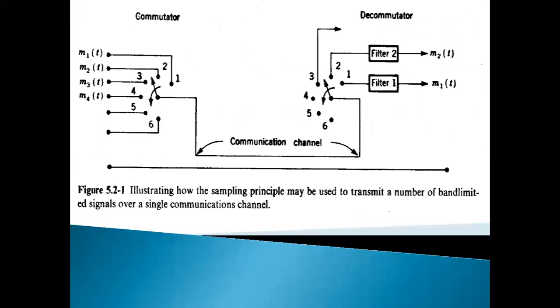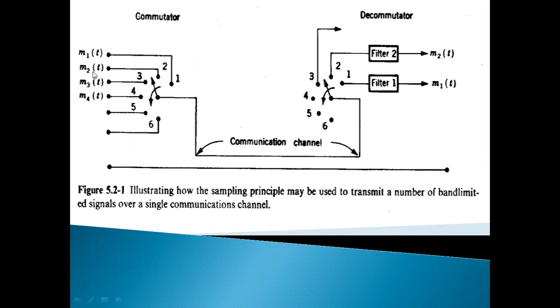Now we go for one more concept, the multiplexing concept. There are two types of multiplexing. One is time division multiplexing, and one is frequency division multiplexing. In this one, by using the sampling principle, as an example, there are M1, M2, M3, M4, M5, M6 signals,